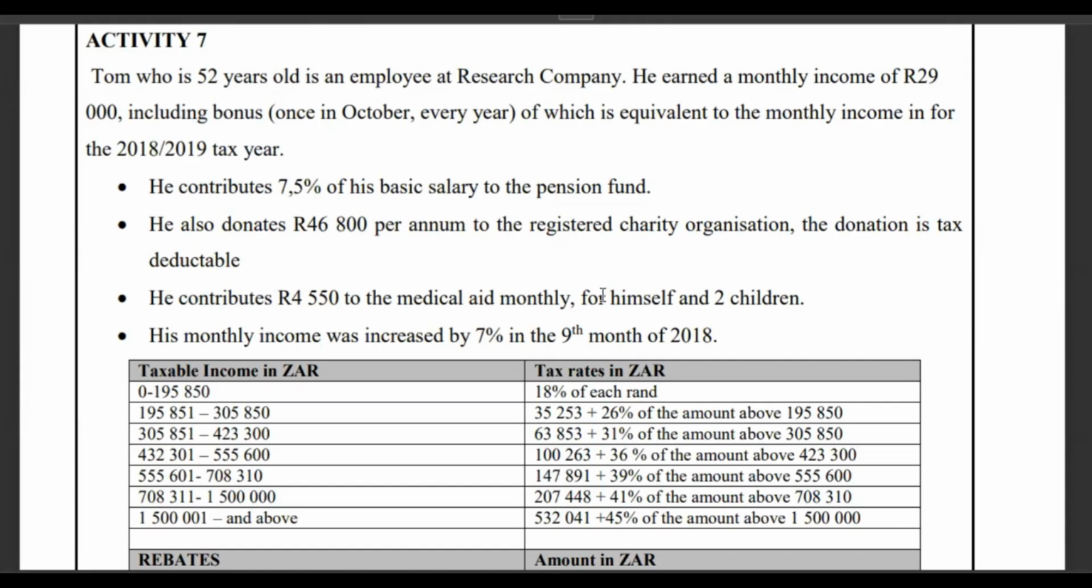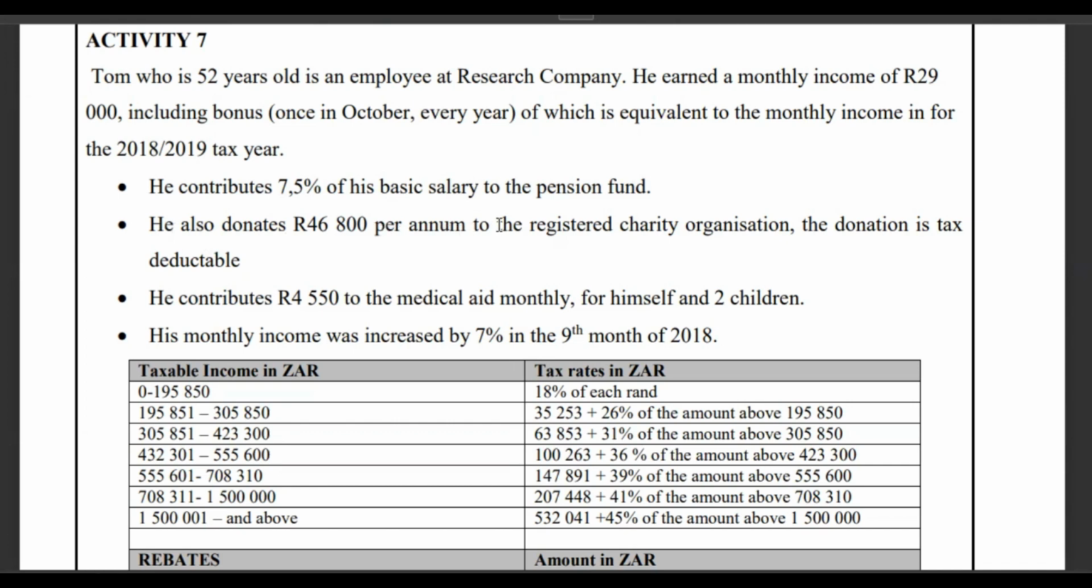Let's look at activity number 7. Tom, who is 52 years old, is an employee at a research company. He earned a monthly income of 29,000, including a bonus once in October every year, which is equivalent to the monthly income, in the 2018-2019 tax year. He contributes 7.5% of his basic salary to the pension fund,